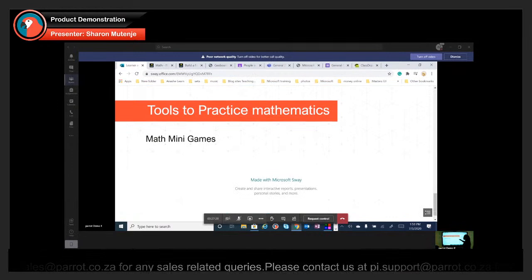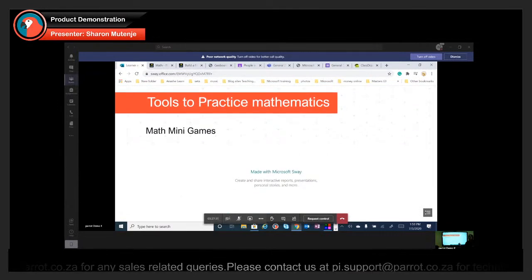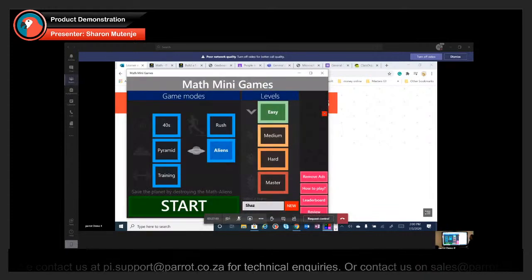Okay, then last but not least, as we always say, when there's maths, there's also fun. So here, what I did was I added a tool where learners can practice maths on their own. This particular tool is called Maths Mini Game, where you can install it on learners' computers, phones, and tablets, and they can practice mental mathematics. So here it's a game, but you can feed in the learner's name. You can choose the different type of game that you want. So here I'm just going to choose aliens there. You can choose the level